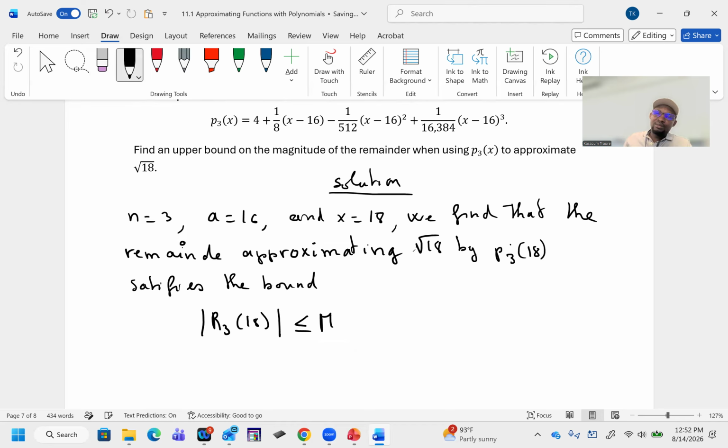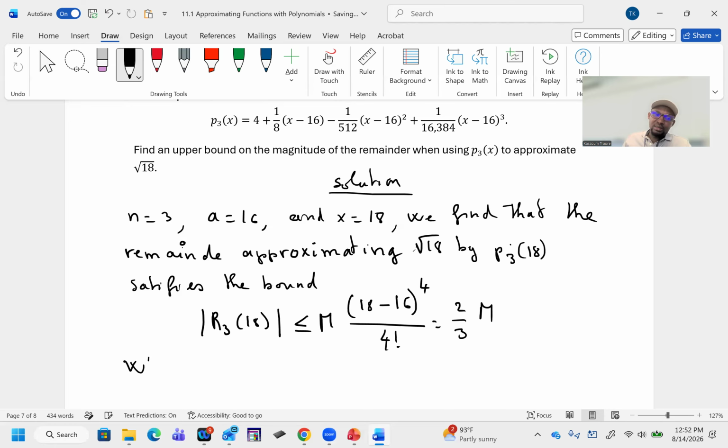M times (x minus a), so 18 minus 16, to the power of 4 divided by 4 factorial, which will give me 2 divided by 3 times M,